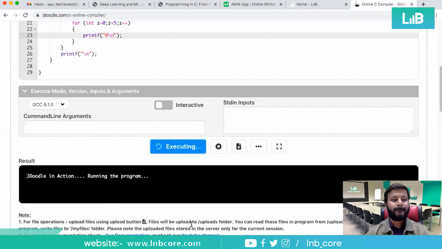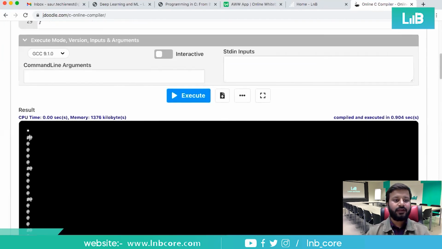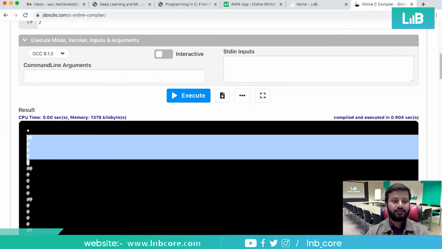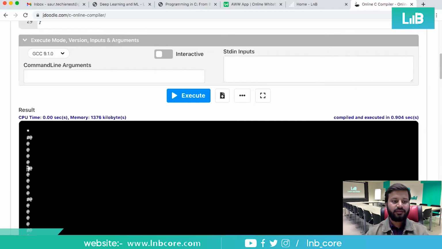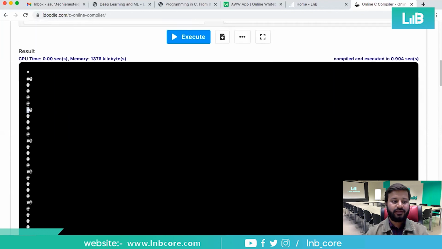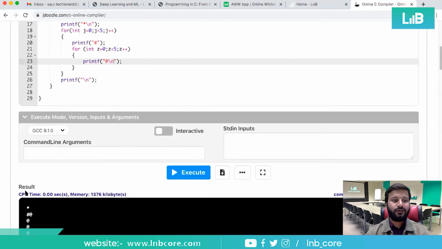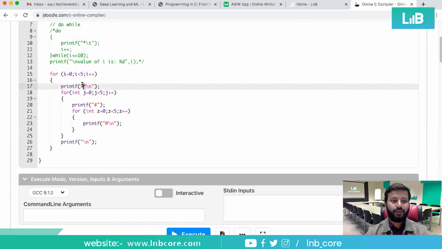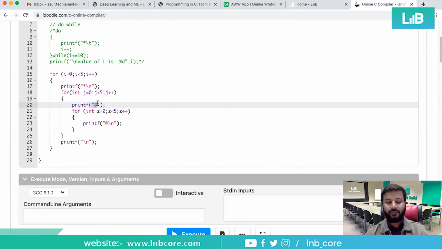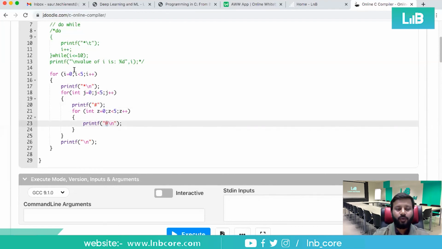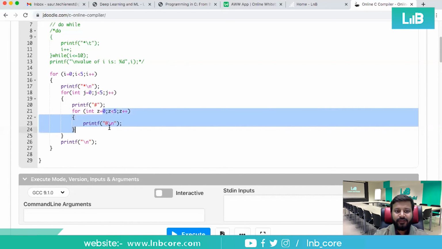Let me execute that. So star, hash, inside which 5 times @, and then again hash @, hash @, hash @, and then again star. So for 1 star, it will run for 1 hash, and for each hash it will run 5 times. So in total this will be running 25 times.